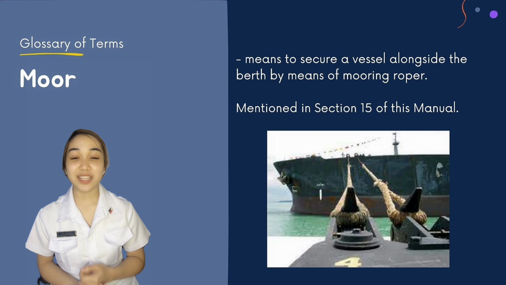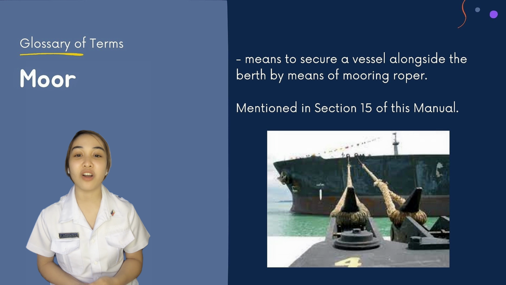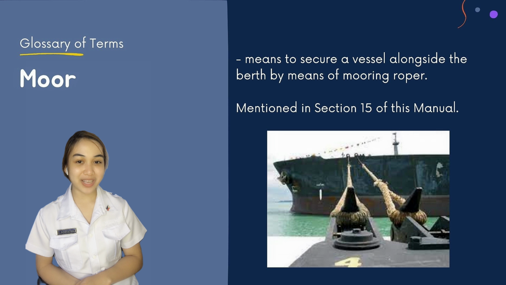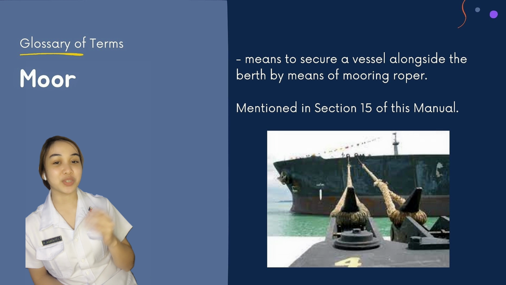Moored. It means to secure a vessel alongside the berth by means of a mooring rope, as mentioned in section 15 of this manual. That is an example of moor. There's a rope attached to the ship